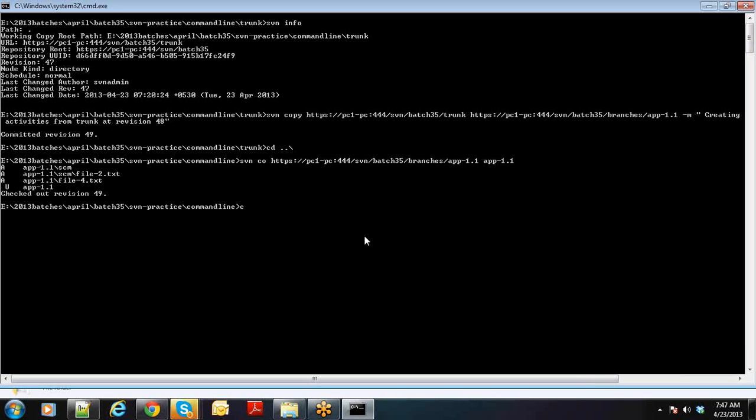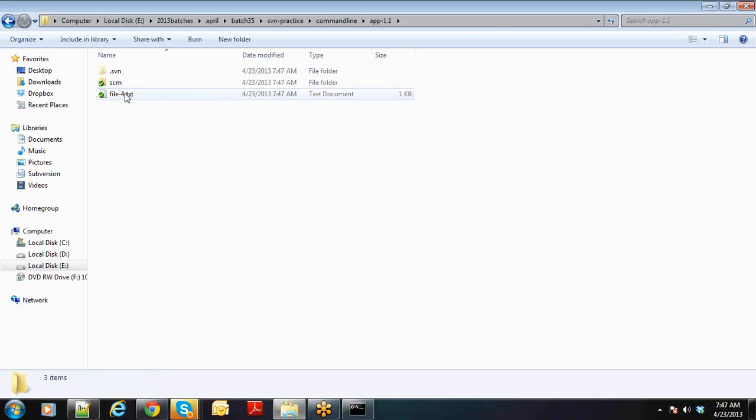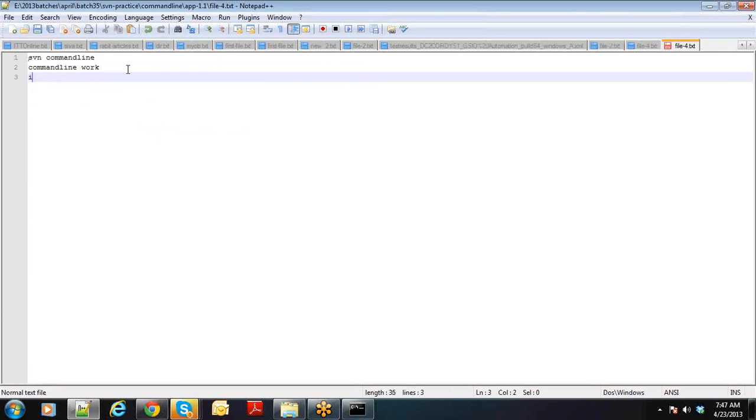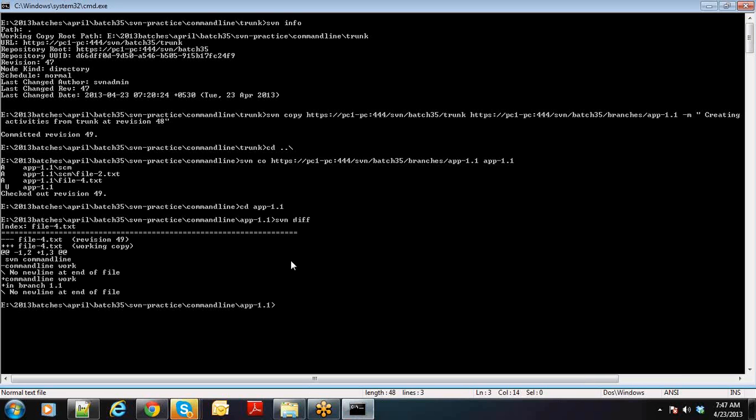So I have a branch created now. Let me go to that branch. Okay, now here you can see app 1.1 getting created. Now let me make a small edit here and let me commit it in branch 1.1. SVN diff. Here I can see that a line got added in branch 1.1. Now SVN commit -m